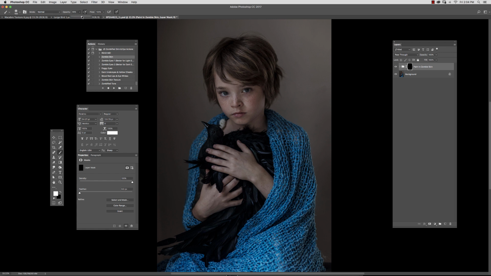Right now we're at 43% opacity. I'll bump that up just a little bit. And we're just going to start painting right on his skin. And we're going to try and avoid the hair